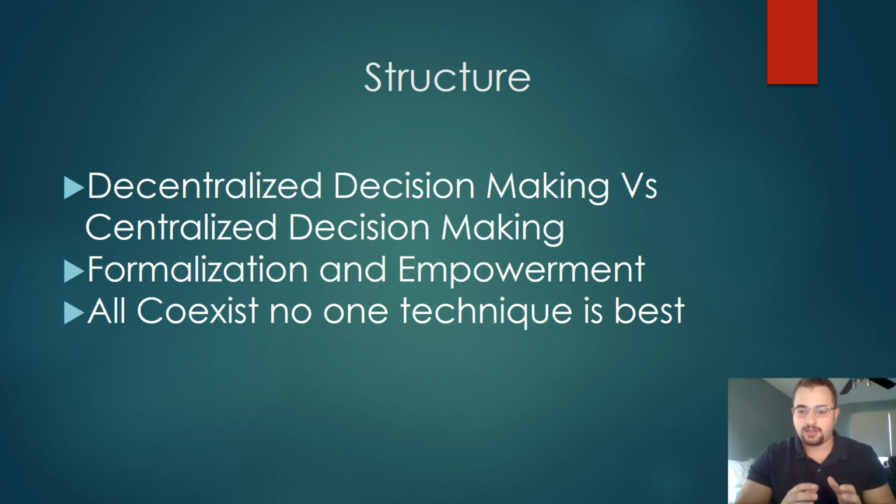So formalization is similar to centralized decision making, where you formalize your effectiveness or what you want your firm to do. So again, that stifles empowerment, but it also makes employees a lot more predictable. This way, if you want to keep them on a rigid structure, you can, and they're not going to do anything that's out of the ordinary or may screw up any sort of production.